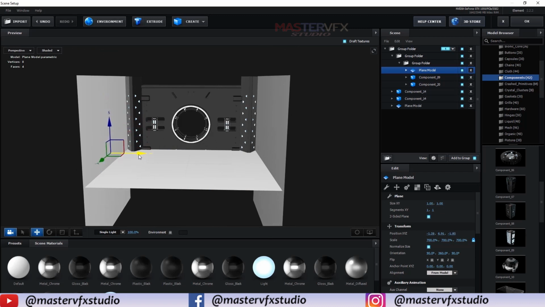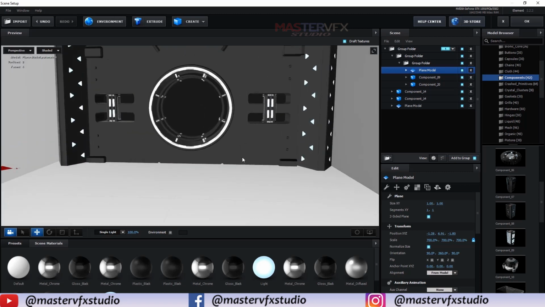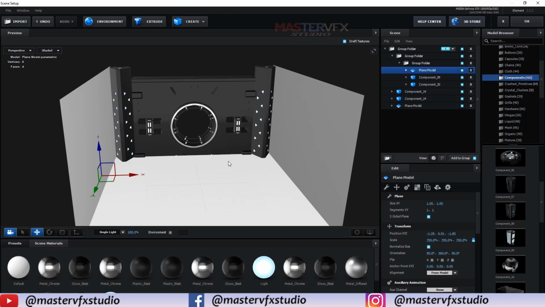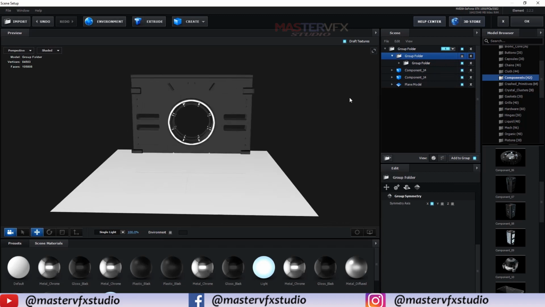Okay, looks good. And now just disable this group.